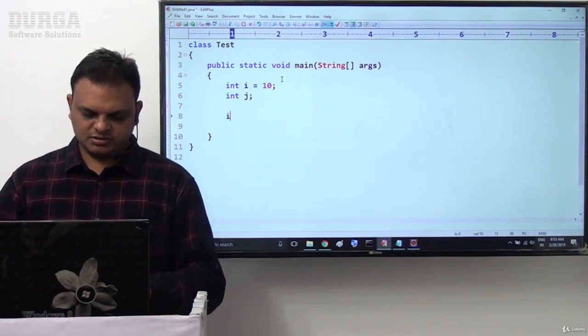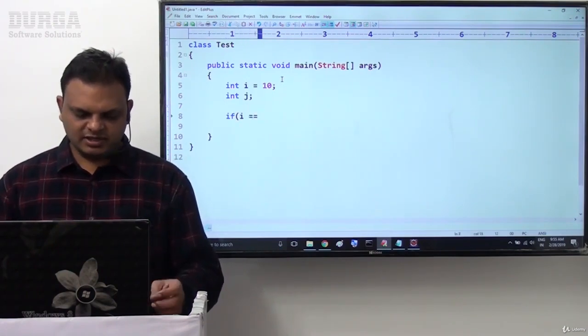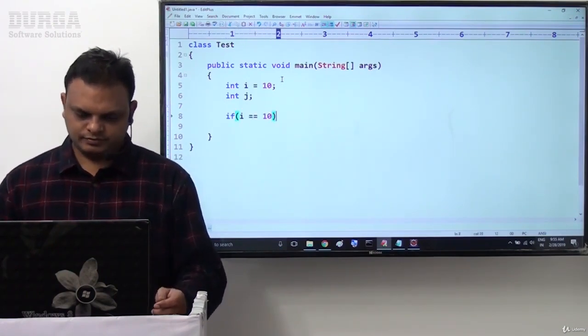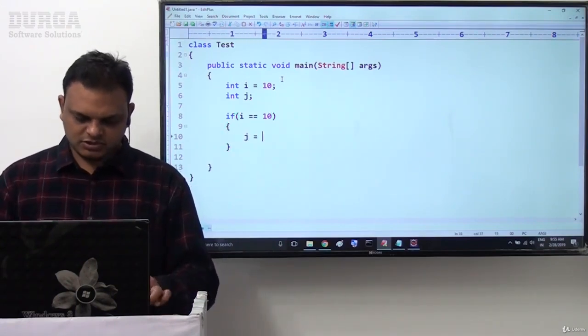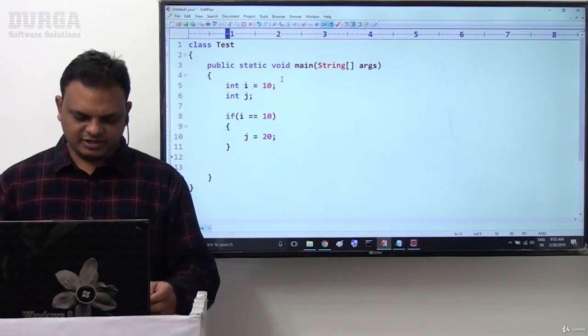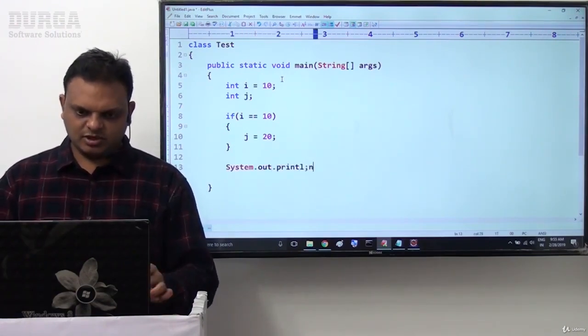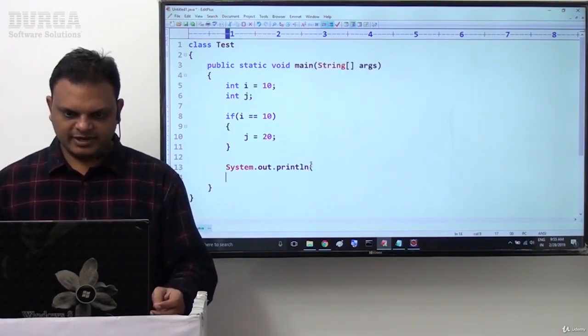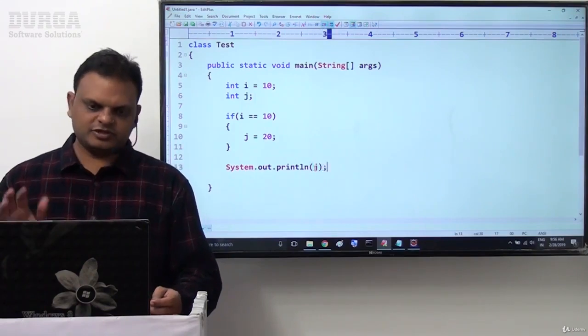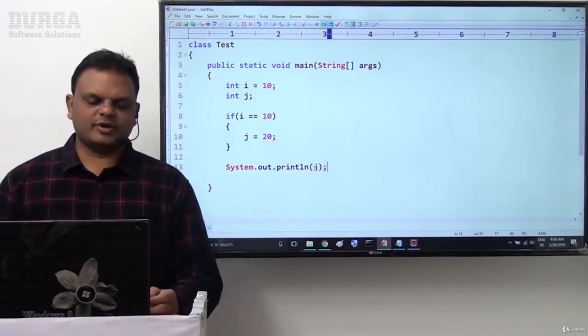Next one is if (i == 10), j = 20; and after that we provide System.out.println(j), I want to display j. That's it. This is my program.